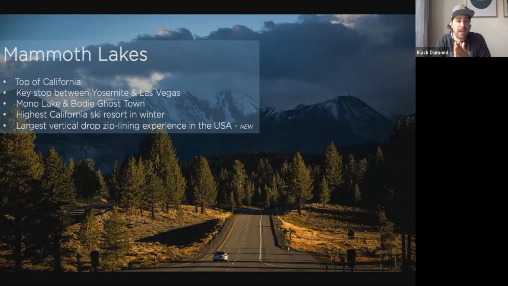We have two scenic byways in California. Highway 395 is the other, Highway 1 being the one that everyone knows. Highway 395 runs up what I would call the spine, the backbone of California, and Mammoth Lakes sits in there. Most people are aiming for Yosemite, but I always drop Mammoth Lakes in here because it's a little bit more manageable drive.